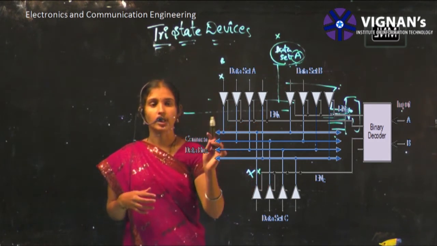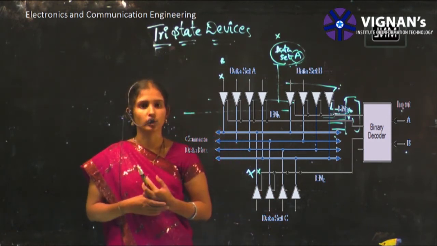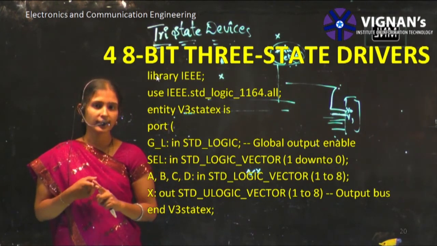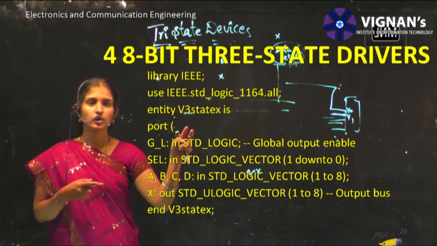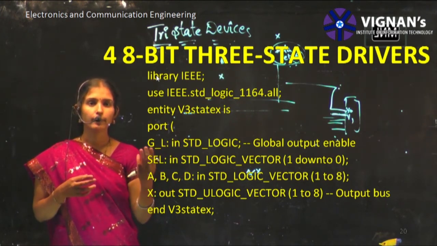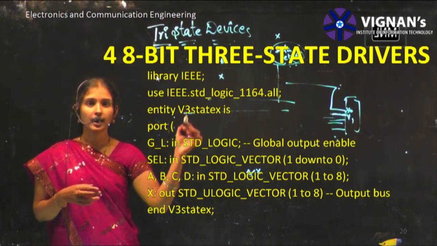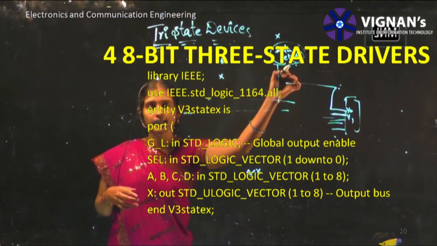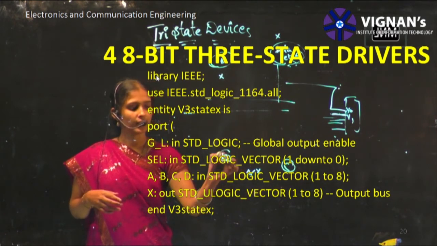Now we will write a code for 8 inputs. There you can see the enable input, you are enabling that IC. At the same time, you can have the selection input, that means you are selecting which IC has to be used. A, B, C, D indicate your 4 data sets. As there are 4 data sets, you see here one data set, another data set C and data set D. There are 4 data sets.